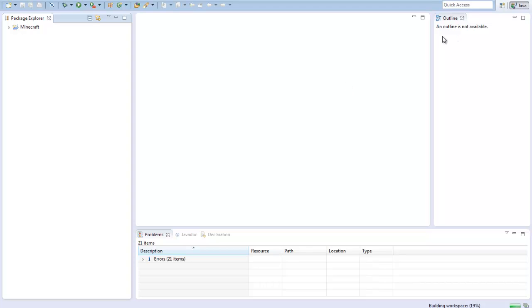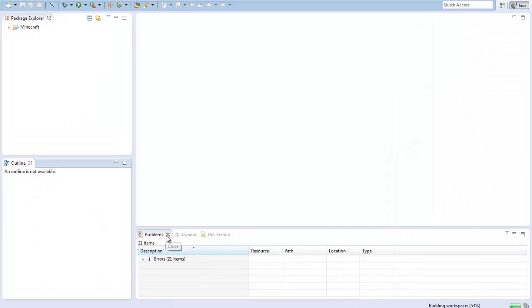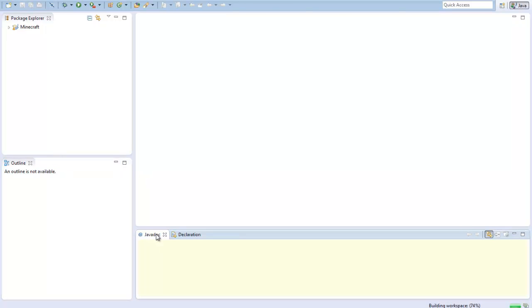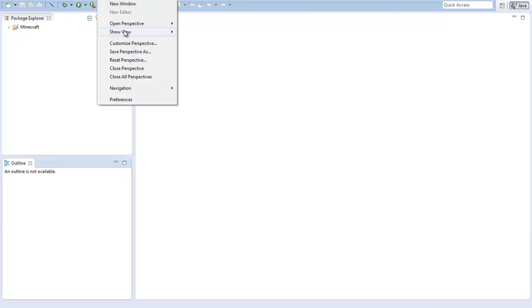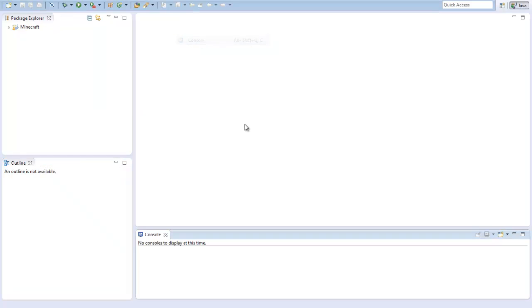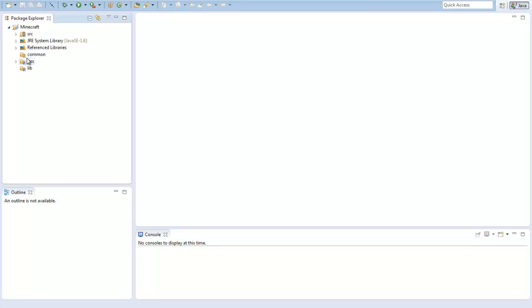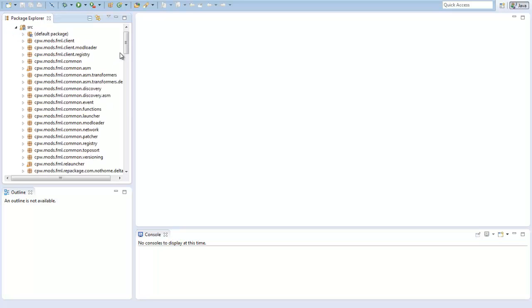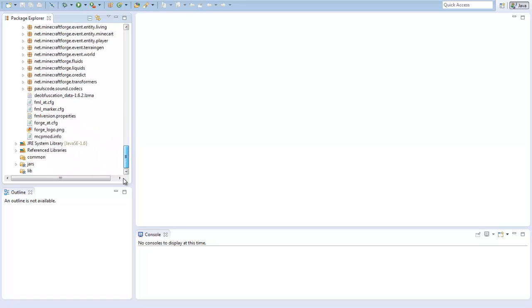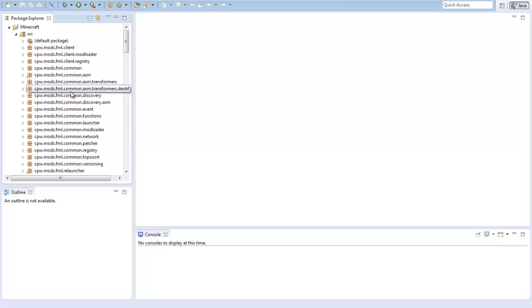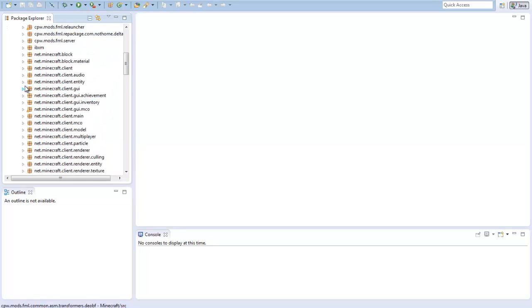Okay, so here we go. Eclipse. Alright, let's set up our stuff here. View, console. There we go. Wonderful. So now that we have everything set up, let's open up our Minecraft folder. Source, and voila. In this source we have a lot of packages,